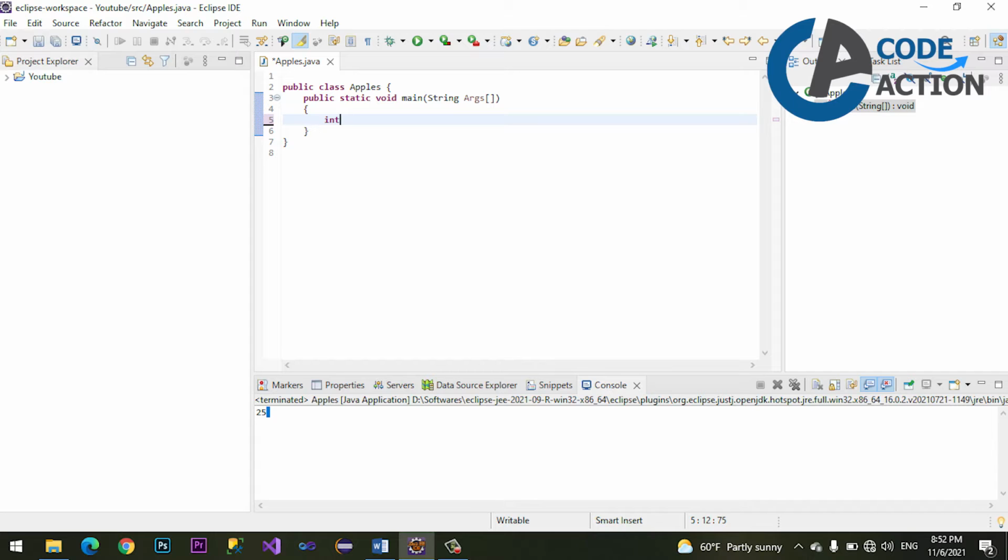Suppose I have a variable, the variable name is age, and age is 18.